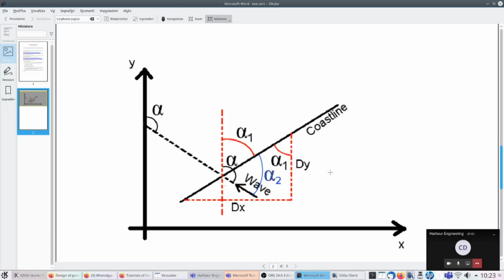So alpha is the angle that we get in our data file. Actually, as we will see later, to compute the along-shore sediment transport we need the angle between the wave direction and the coastline. So what we need is alpha 2 in this case, and therefore it is extremely important when you get